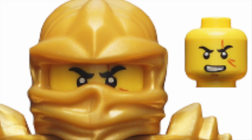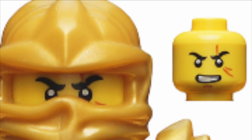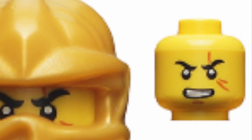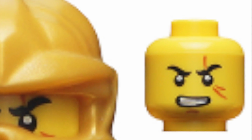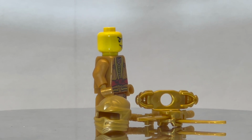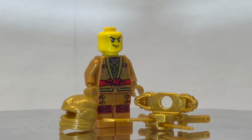They gave him a brand new facial expression that lines up a little bit closer with what was seen in the TV show in terms of having a unique expression for this character. What is very unfortunate though is that multiple batches in the US received a misprint, mine included, where they did not include this special head and instead included a different exclusive head for a Lloyd figure from a different promotion